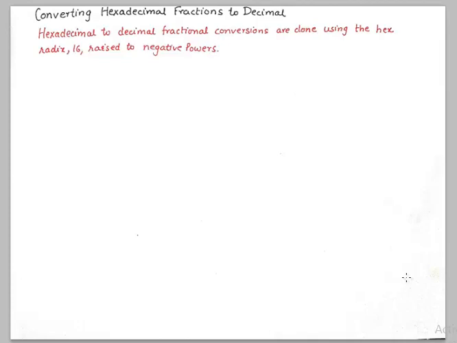We'll discuss a very simple yet very important technique of converting hexadecimal fractions to decimal number. Now we know that hexadecimal to decimal fraction conversions are done using the hex radix 16 raised to negative powers. So that is one concept that we learned in the previous tutorial where we converted binary fractions to decimal. So we have this understanding that if we have a hexadecimal number, let us say